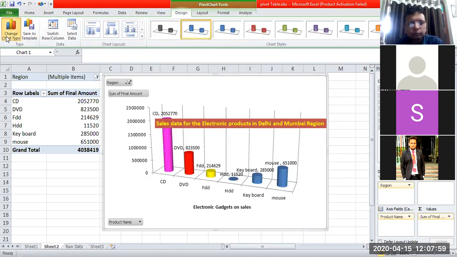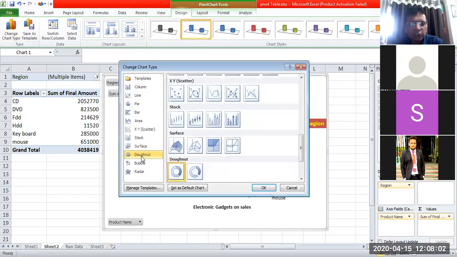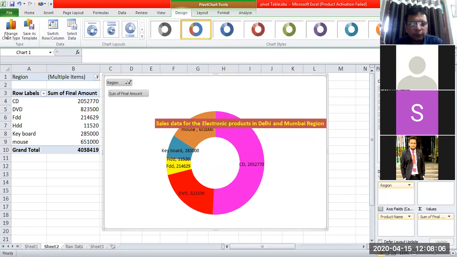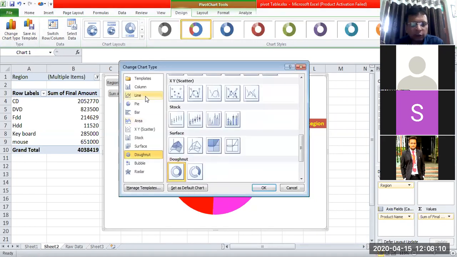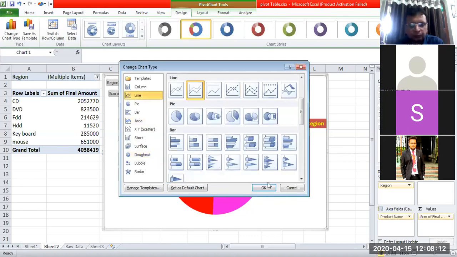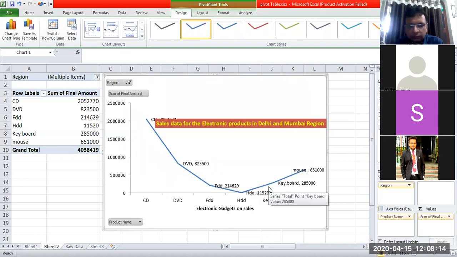Okay. Donut chart can also be created. That is also very popular in the organizations. And you can show your line graphs also. Right? So depending on the data, you have to actually pick and choose what kind of pivot chart and what kind of analytics you want to apply on it. Right?